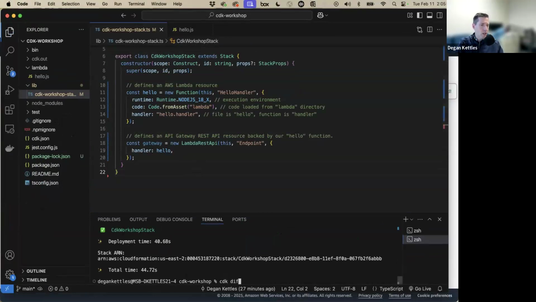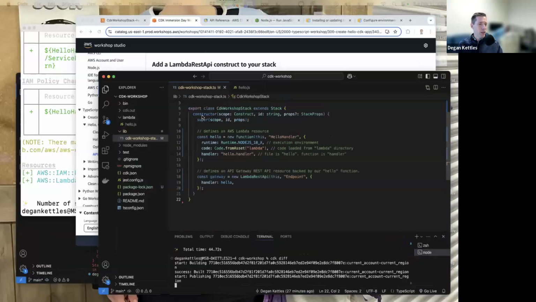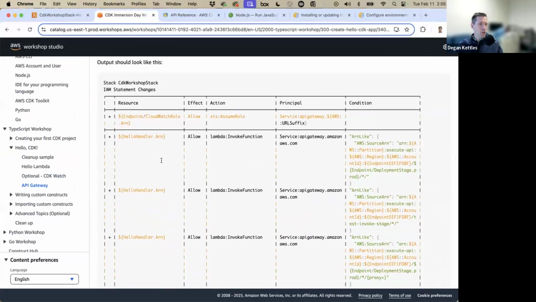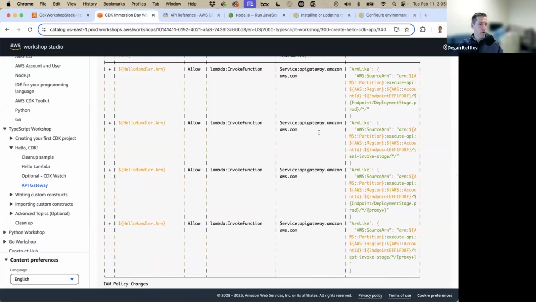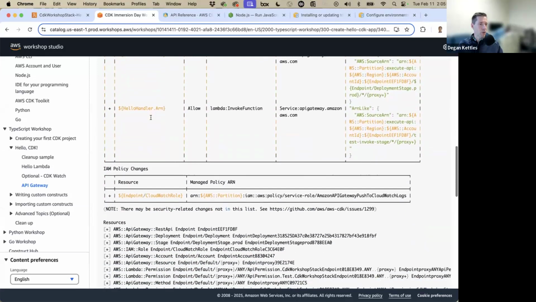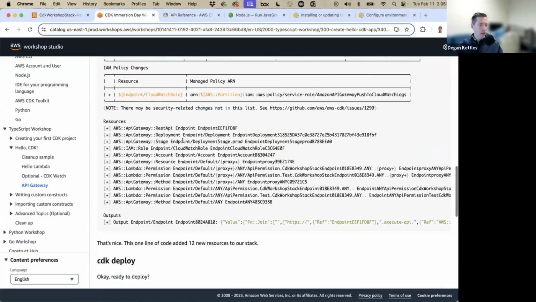we do CDK diff, and it's going to tell us what's going to be different if we actually deploy that. It's going to say, oh, we're going to add that, most likely. And, actually, it says it's going to add a whole bunch of things. So a whole list of stuff, and I like to look at the column. Well, no, oh, this is IAM statement changes. So just permissions, a whole block of permission changes are what's going to have to happen, and